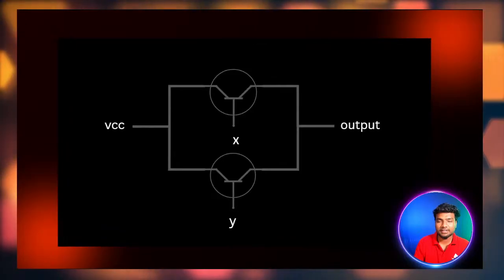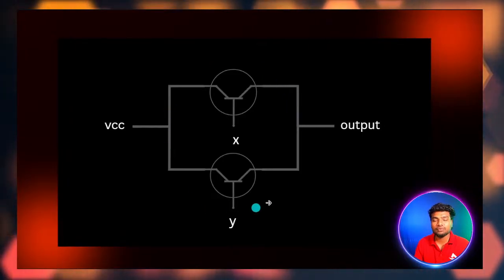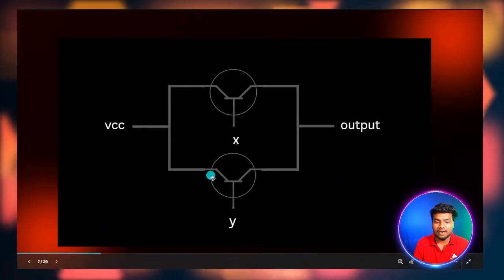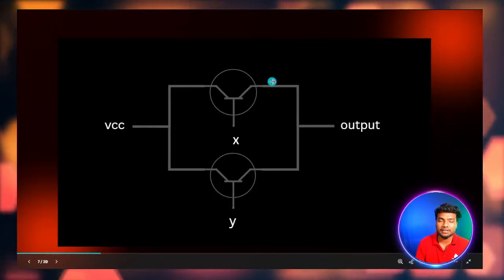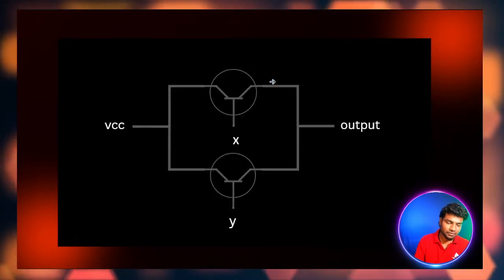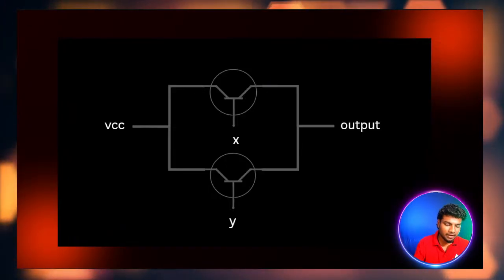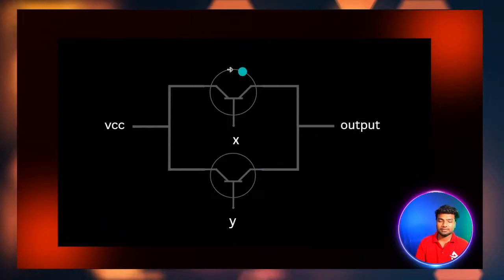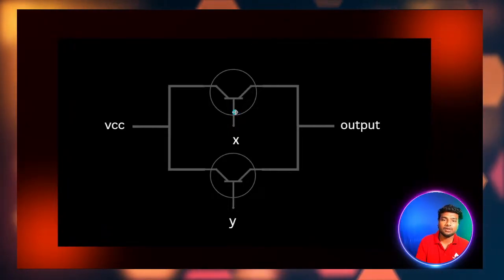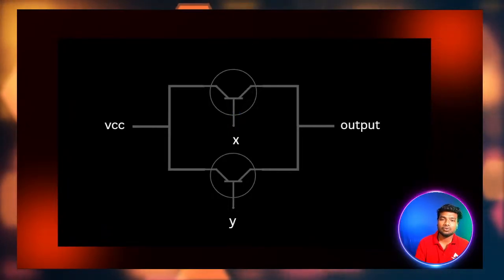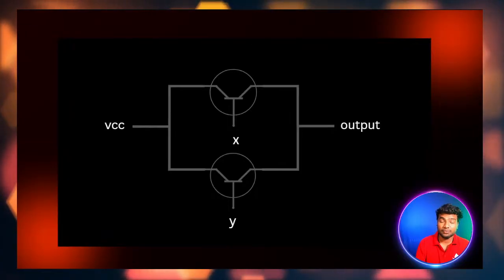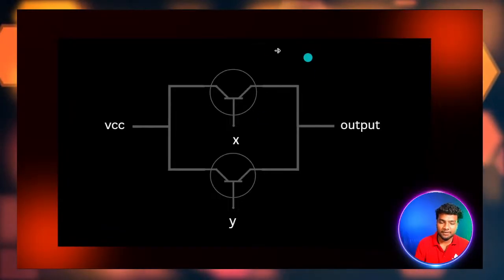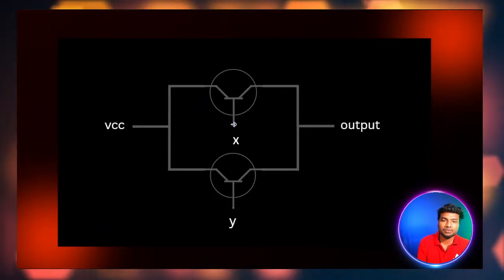What functionality will this circuit do if I connect these two transistors in parallel? What will be the output? What is the functionality of the circuit? Yeah, correct. You are telling correctly, logic OR, so it will perform the OR operation. If you connect two transistors in series, you will get the AND operation. If you connect the two transistors in parallel, you will get the OR operation. OR operation means if either input is 1, you will get a 1